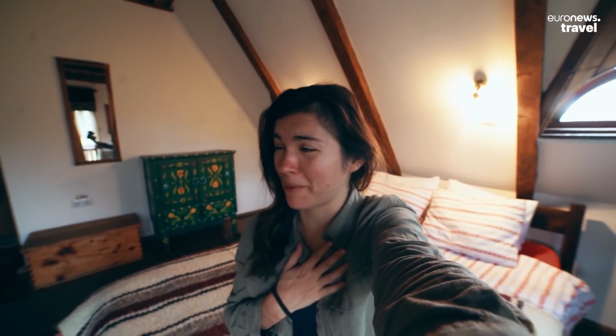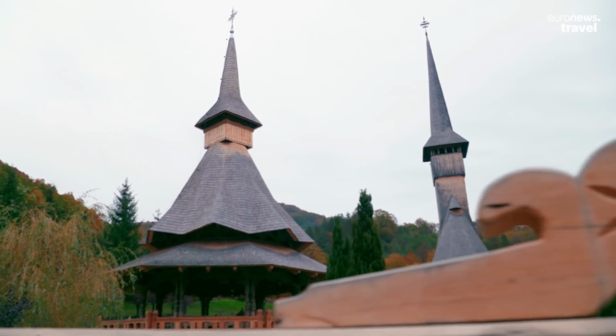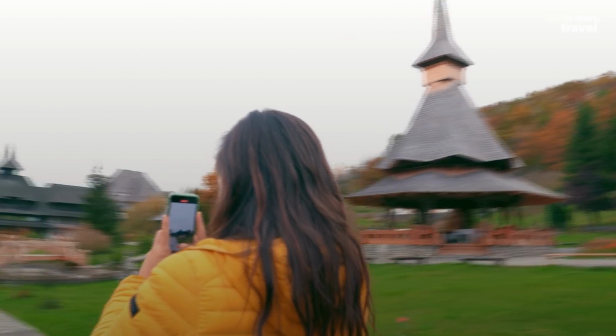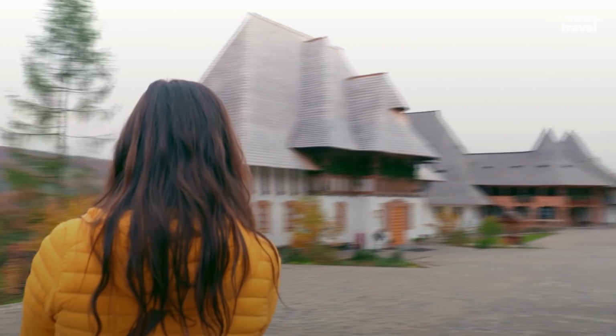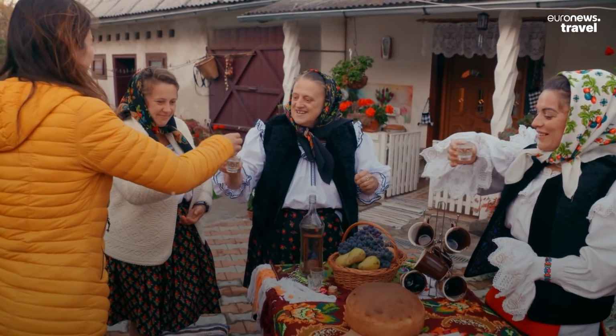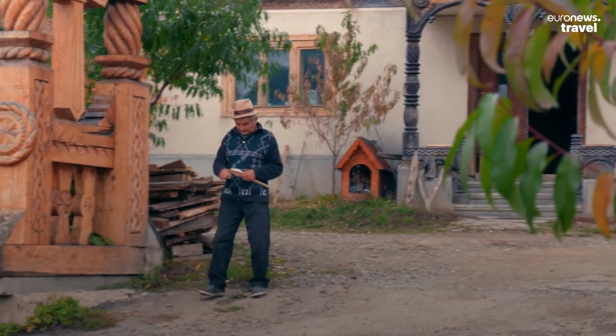Wow, it's been such an amazing time for me here in Romania. Honestly, what a place. I feel that I've just discovered a destination that is so filled with culture and cultural pride. I honestly hadn't expected this. And every new person that I met here lived a completely different life from all the others, but the one